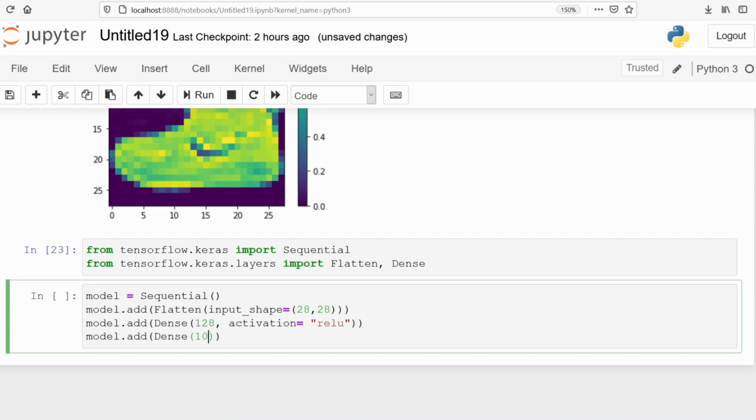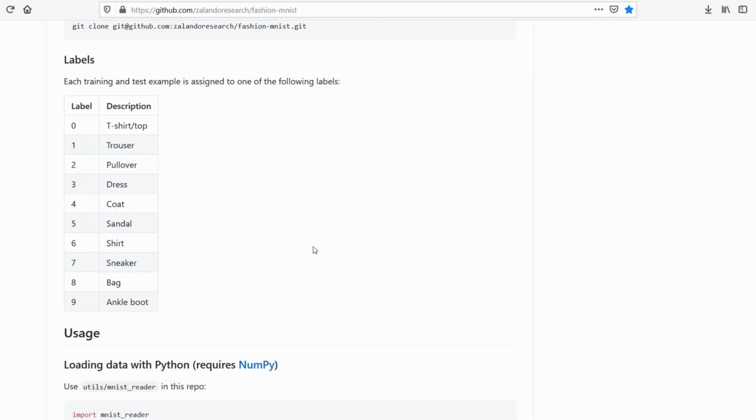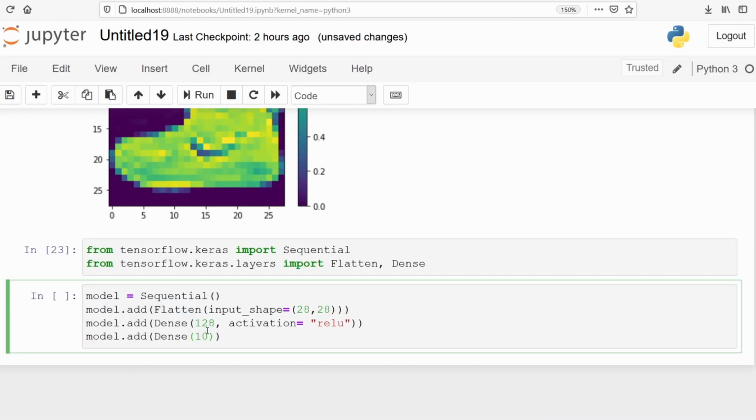In our class variable we have 10 labels, which we have seen in our data. These are the 10 labels, and that's why we have specified 10. In the output layer we will pass the softmax activation function.